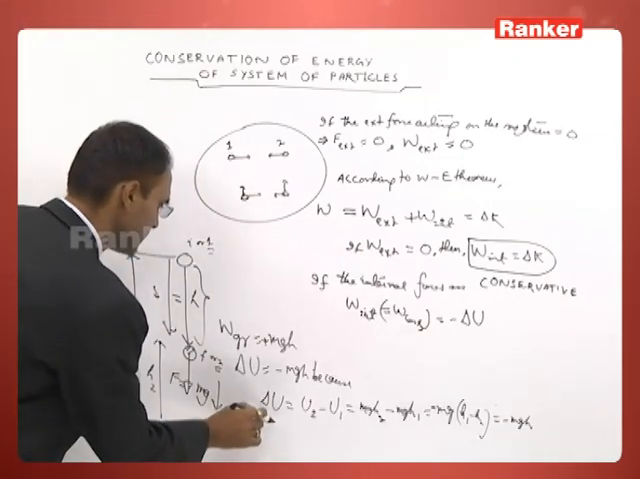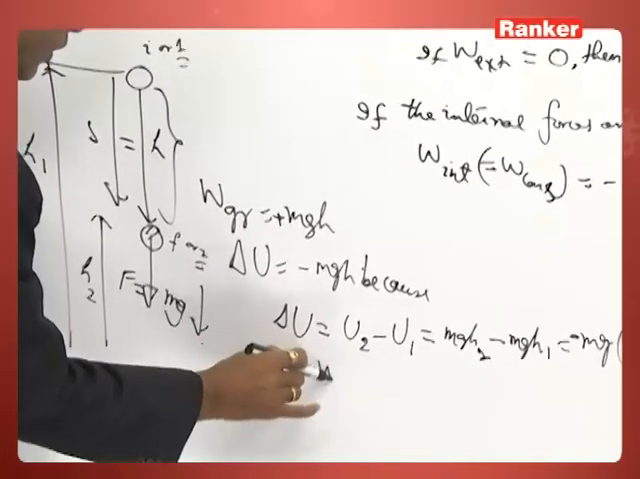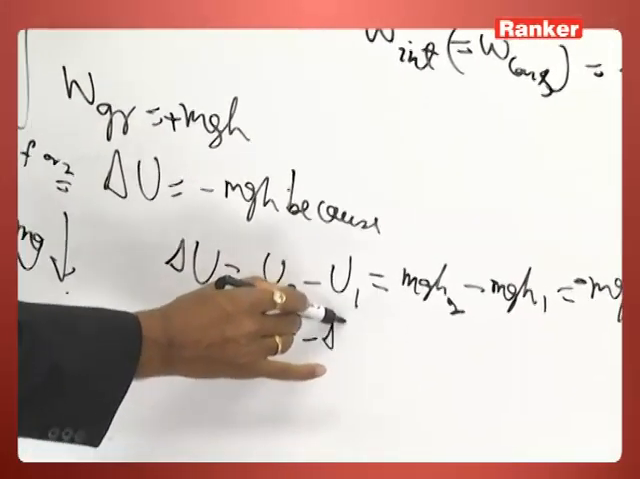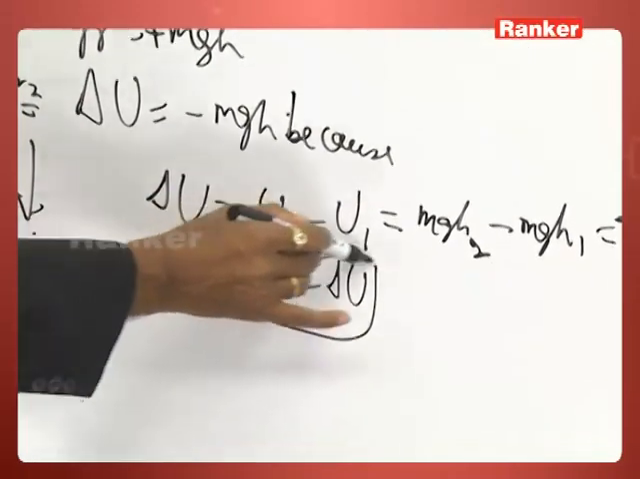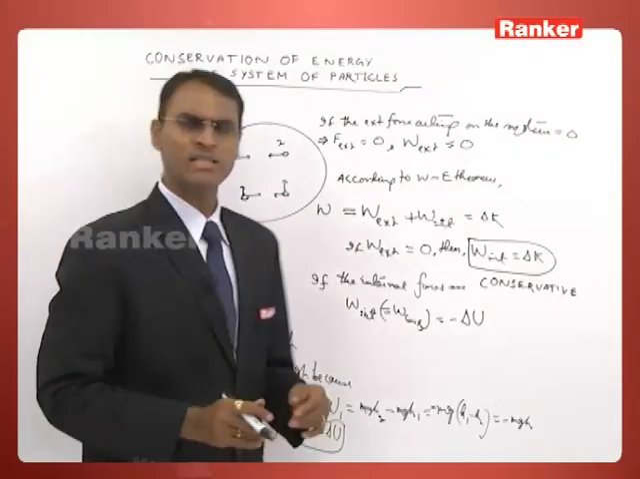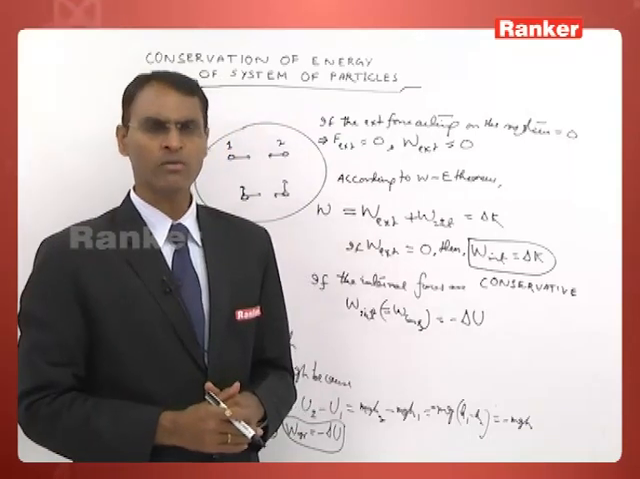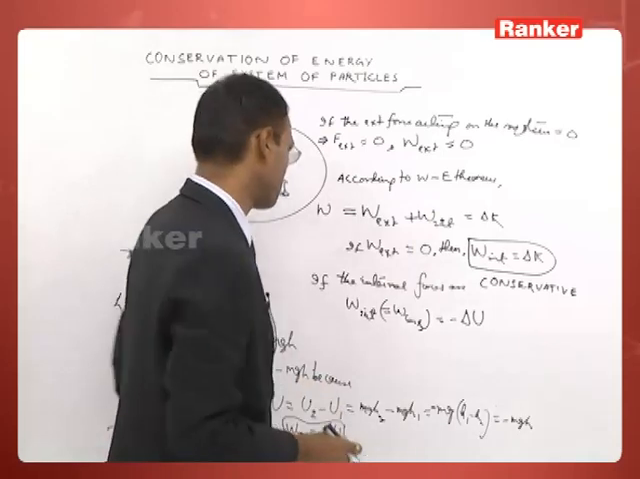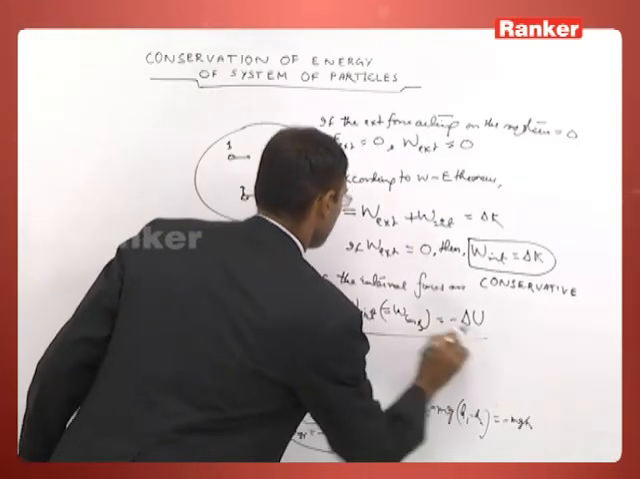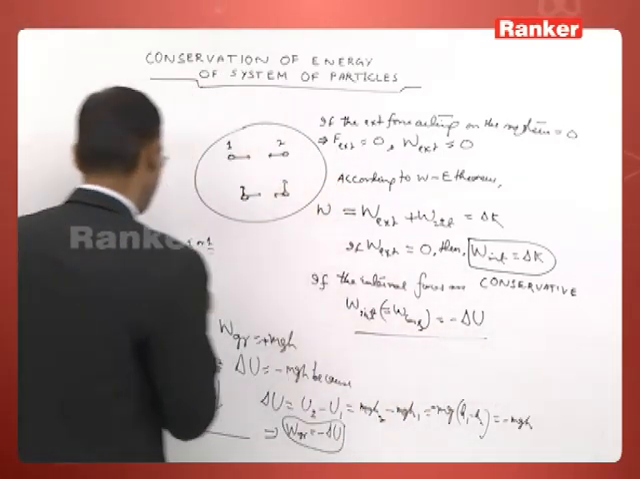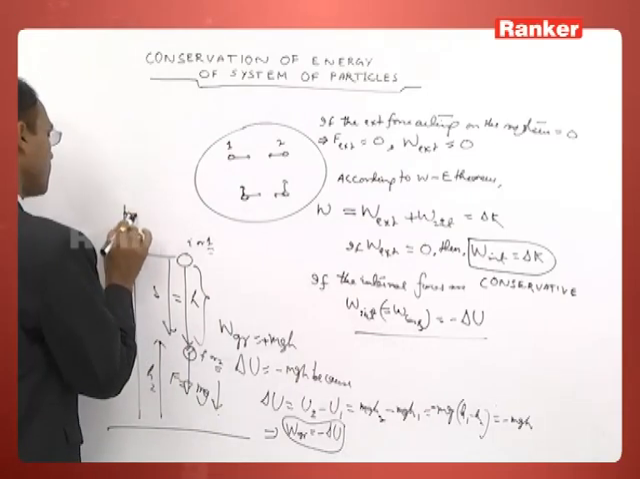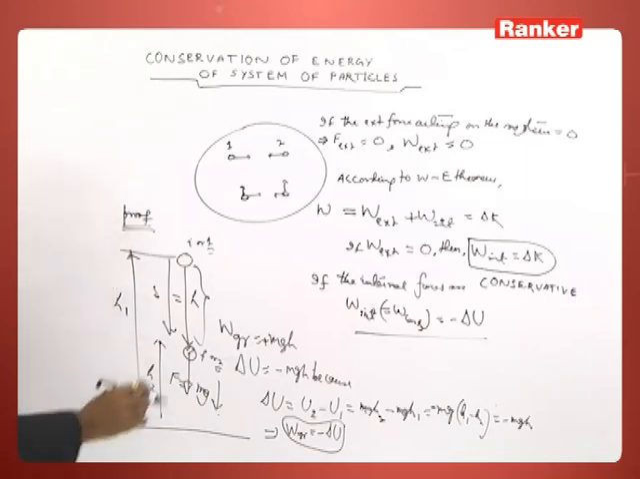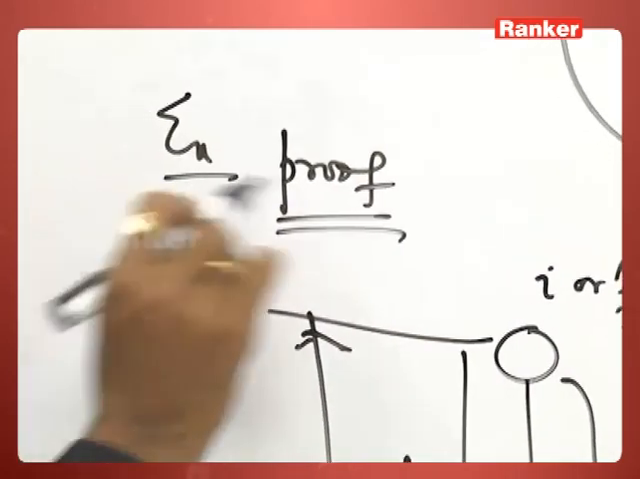Therefore, you can write work done by gravity equal to negative of change in potential energy. Work done by any conservative force is equal to negative of change in its potential energy. If we accept this theorem, whose proof I have given through this example,